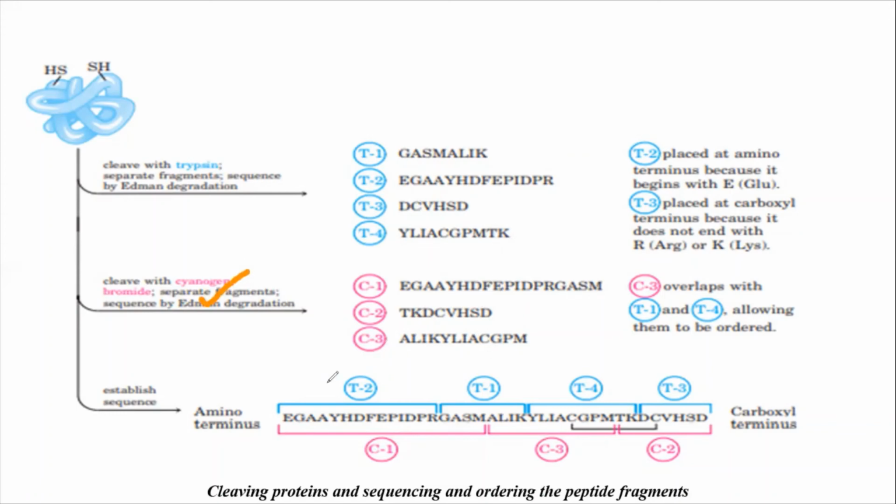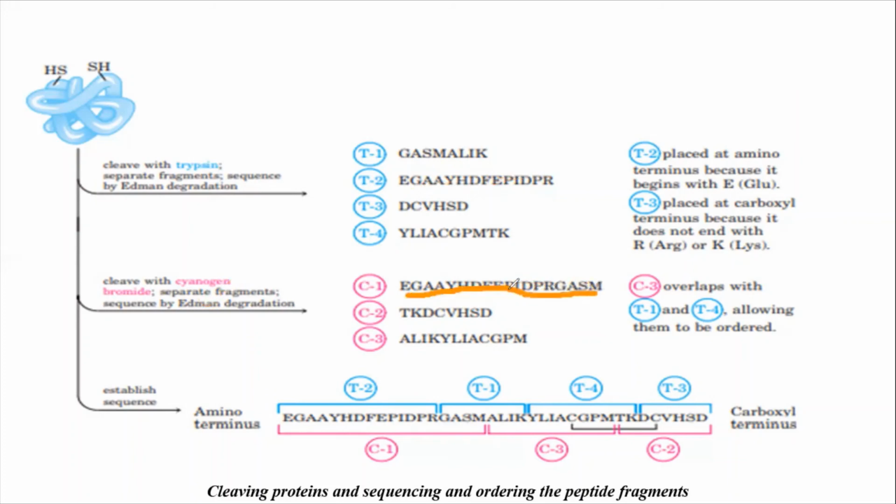Okay. Now you need to do the overlap. What do you mean by overlap? You need to get the correct sequence of the polypeptide chain. Now, if you see the overlapping, you can see that this E, G, A, A, Y, whatever is present, you can also find the same sequence over here, E, G and so on, right? And from the FDNB method, we know that E is our first N terminal amino acid. So what does it mean? It means that this is my first fragment. Okay, so I'll write my first fragment over here. Till where will I write? Till M I'm going to write, because till M it is present. Correct?